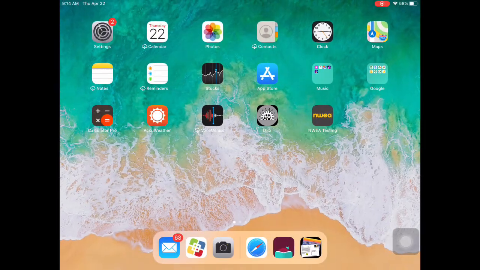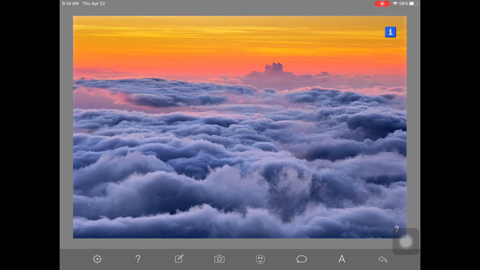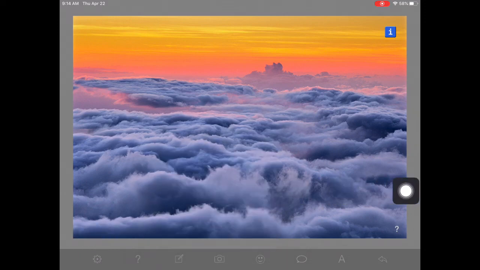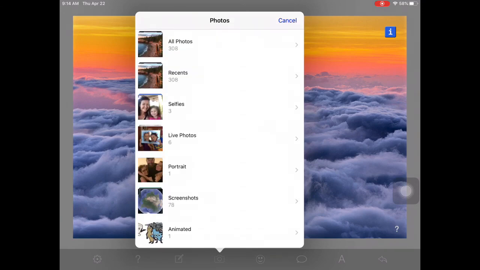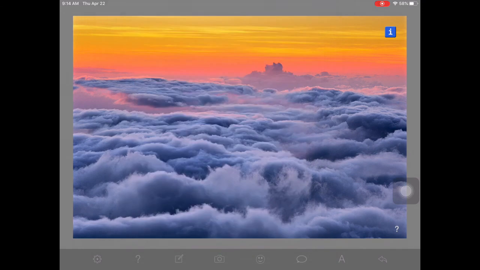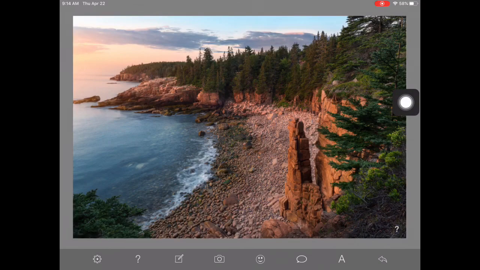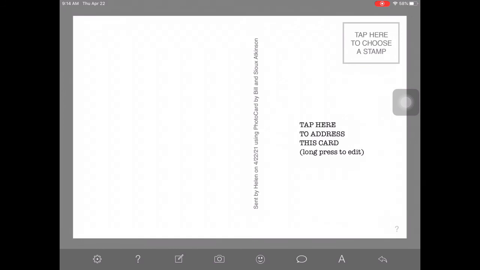So once you have a picture, go back to photocard. And then to add the picture, go to the little camera. There's a little camera button. Go ahead and select it. Choose from photo library. And there it is. Looks good. Press done. Beautiful. Okay, now that you have the picture for your postcard, go ahead and just flip to the other side,